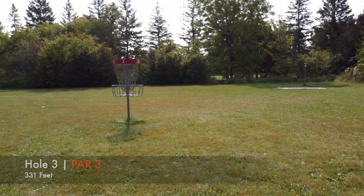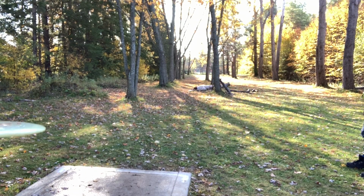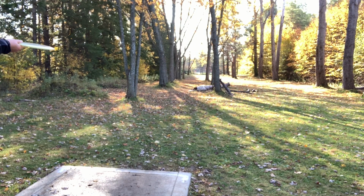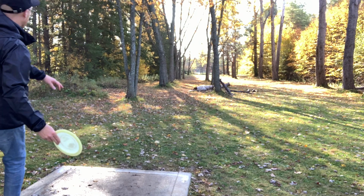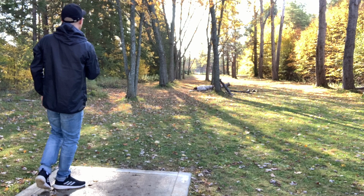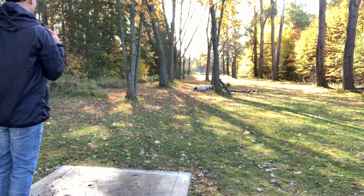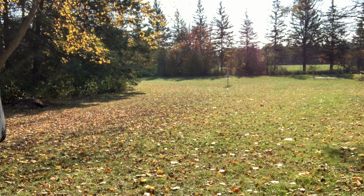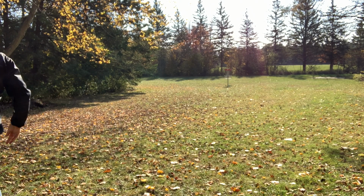I've been trying to go around the outside, but this time I thought I would go for a flick to see if I can get it through the tunnel, which normally I don't do because I end up hitting those trees. This time it happened to work out perfectly. I end up going to the left and coming back around the trees and get a record distance for me for this hole, making my approach should be an easy approach,